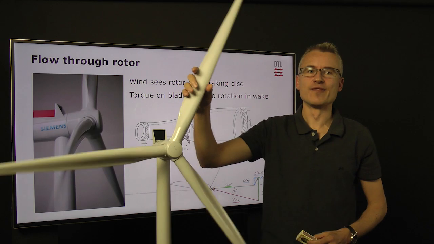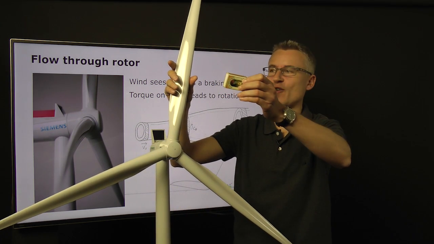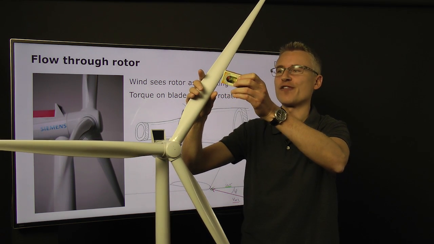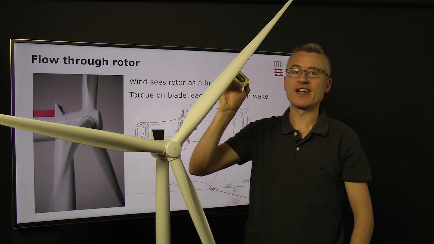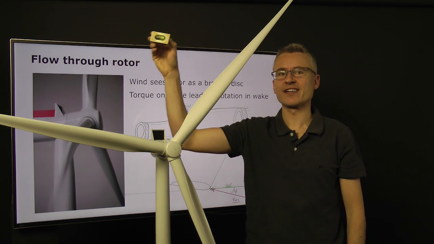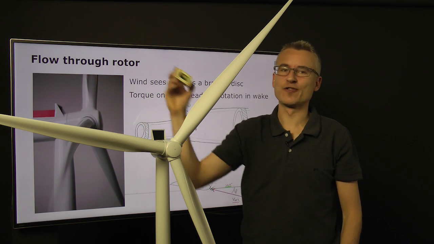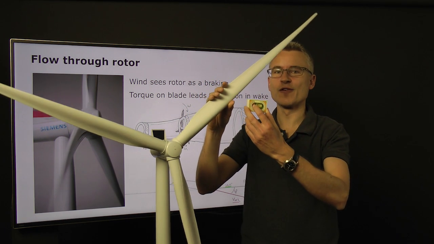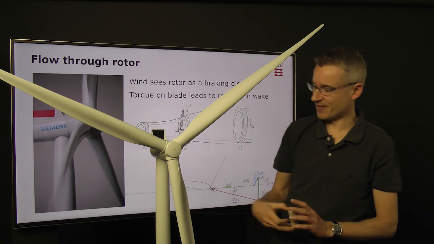Now the turbine rotates. So this means that as this fluid meets the rotor and forces it to go around, because the fluid forces the rotor around, the rotor will also force the fluid around. And that fluid particle will therefore get an induced velocity in the opposite direction to the rotation of the rotor. So it comes in, meets the rotating rotor, drives it, and gets a velocity in the other direction.